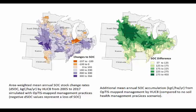So what you see here on the left is the area-weighted soil organic carbon stock change between 2005 to 2017, which we saw with the OpTIS mapped scenario. So some things about this. What we find from this is agricultural cropland soils across the Corn Belt are sequestering nearly 6.5 million metric tons of carbon